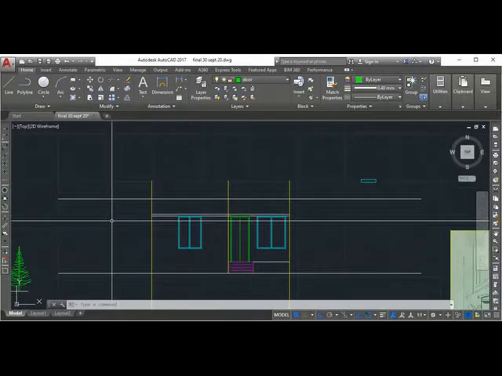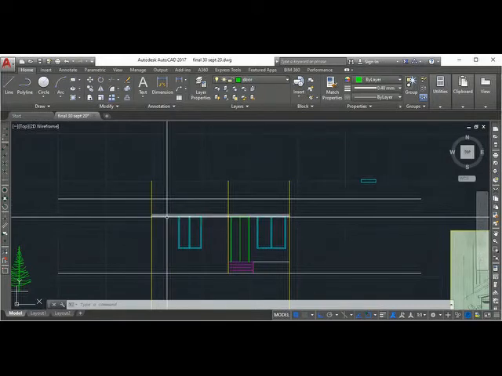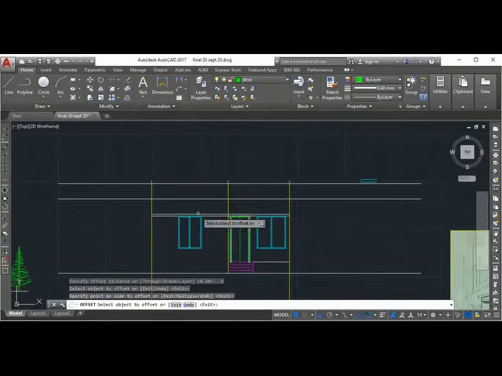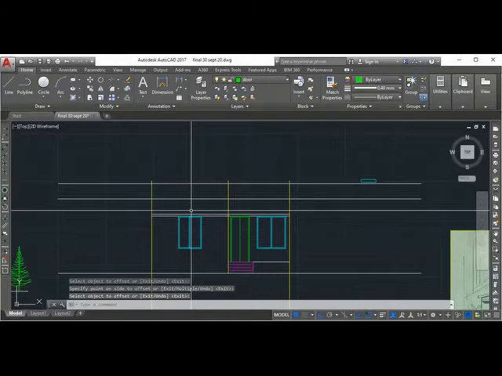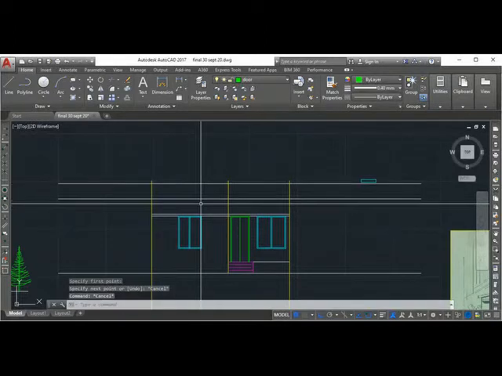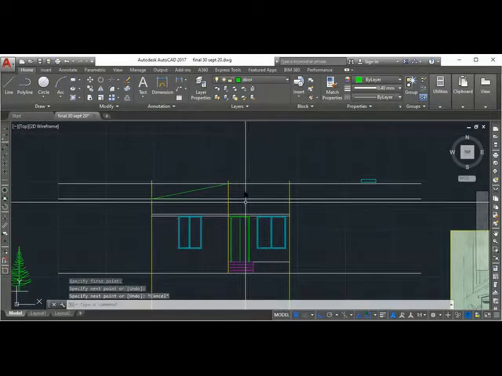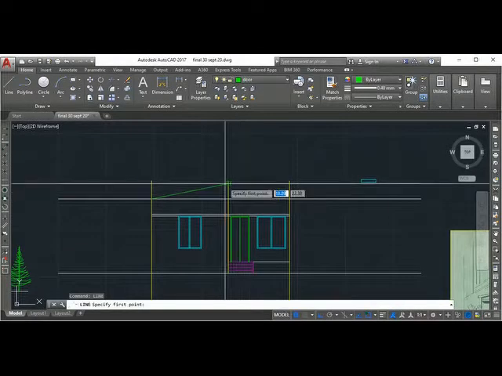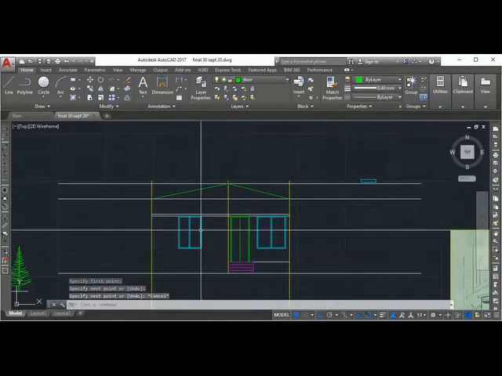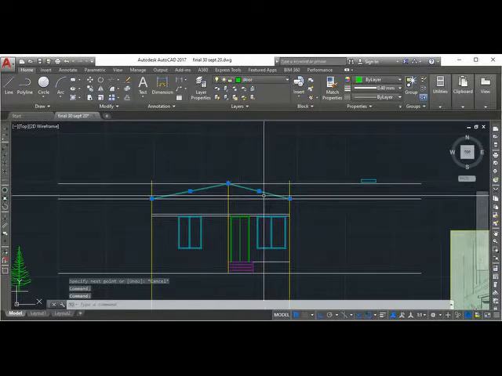So let us make approximately 800. Line. So this is our roof, and you have to do in roof layer only. You have to create a layer and draw this line in roof layer.